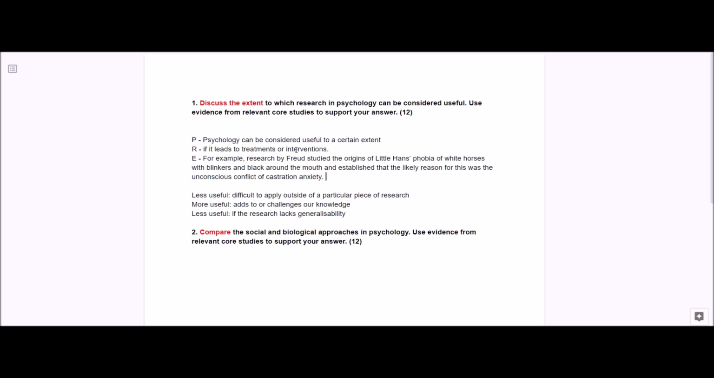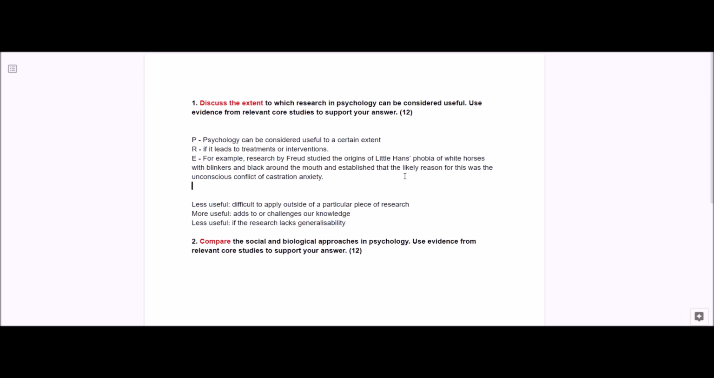Okay, so like I say, most people, when they were giving context, were only putting this as evidence. For example, research by Freud looking at little Hans, and that was it, they moved on. But this is the level of detail that you need to give. So here, this bit is where I would bring it back to, in general,